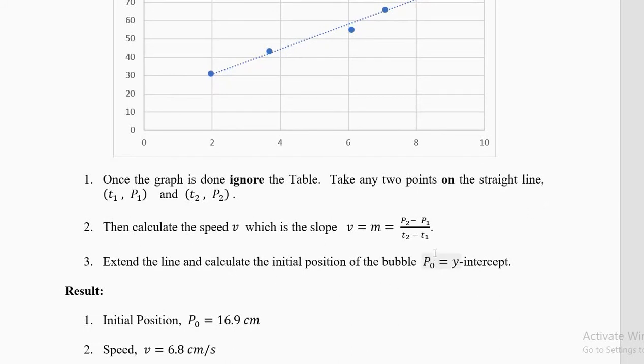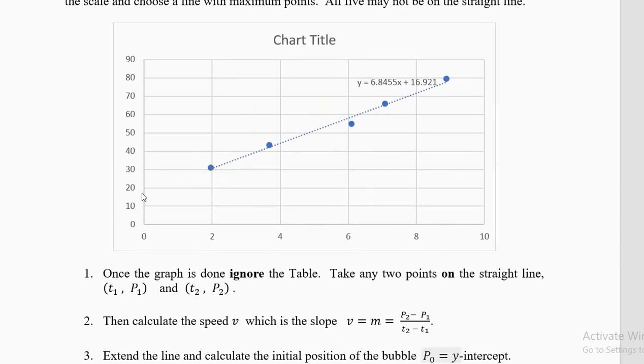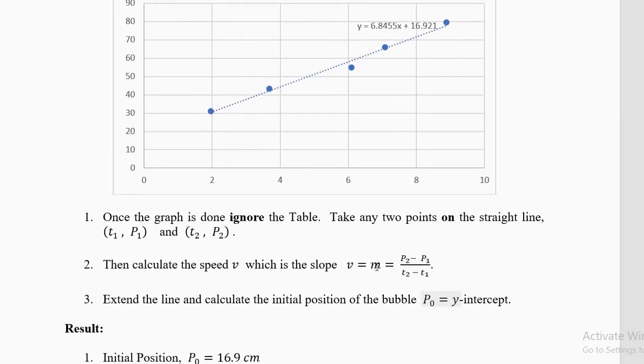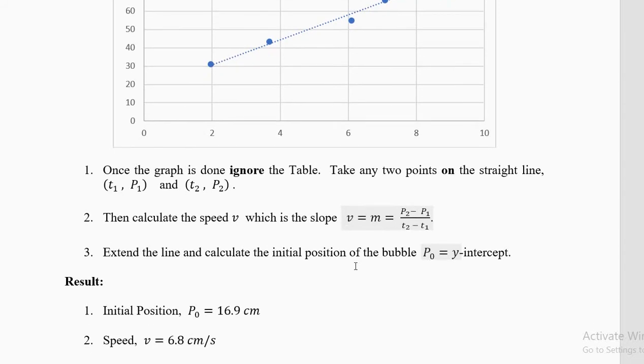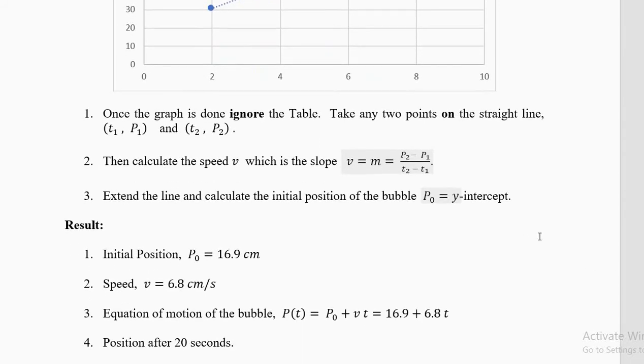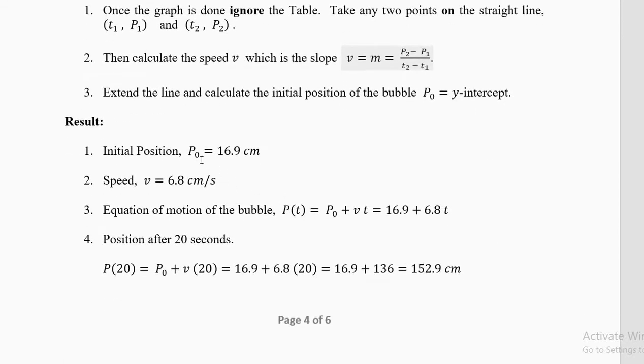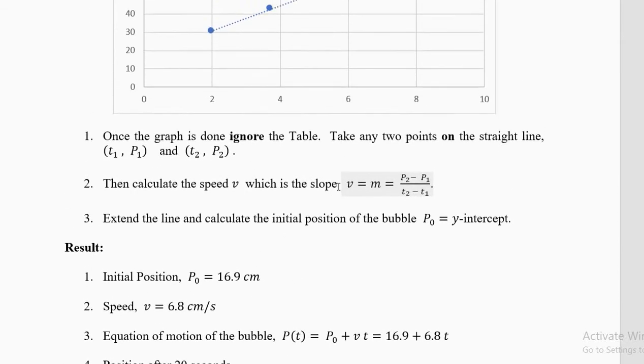So read the y-intercept. You'll read the y-intercept by stretching the line, and for the slope you have to calculate. So the slope is equal to speed because position delta p by delta t is change in position over time. So it is the velocity, or you can also say speed because we know the direction in this case. Note down the y-intercept.